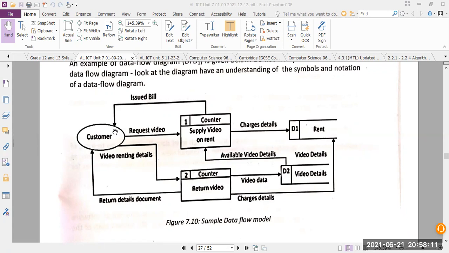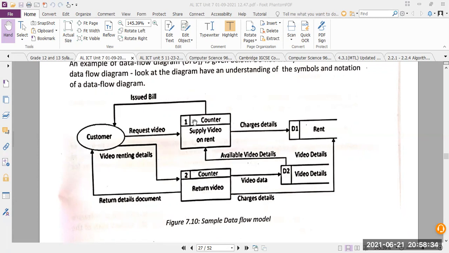In the storage places they come and check, and then they let the customer know about the things that are happening. So when you have a rough look at this, you will have a vague idea of what a data flow diagram looks like. Data is flowing: first he will ask, then he will check, then this will come here, then this will go here, then he will ask this, then they will come and check here, then he will compute.